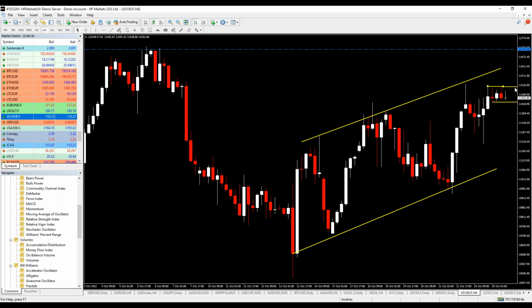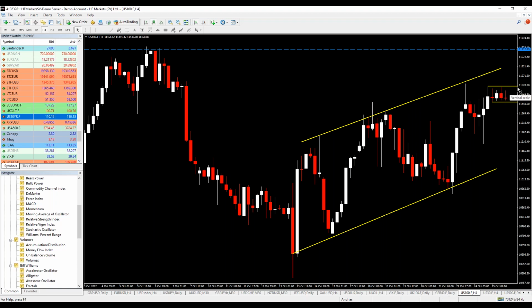Okay, so I put these immediate support and resistance levels just because it will be easier later on if we have a breakout, if we have a confirmed candle closing above this area or below that area, it will give us a clue whether sellers are back in control or whether buyers are back in control. So for the time being, there is a lot of consolidation. You can see from the body of the candles that it is being held in the upper territory of this week for 10 sessions in a row.